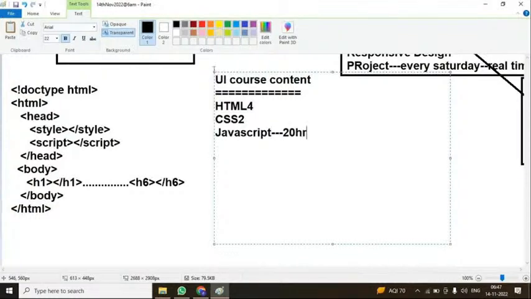Major duration, half an hour, is set for JavaScript. In JavaScript, I'll explain core concepts, advanced concepts, and then object-oriented programming, closures, prototype, everything related to JavaScript. I'll explain it. After that, I'll go to